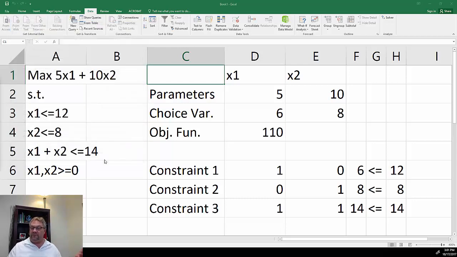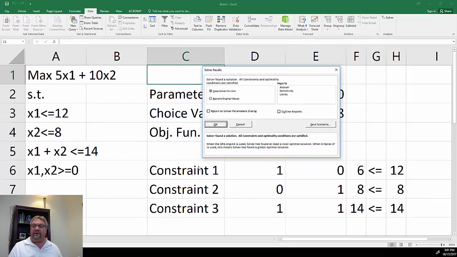Now this is what we were doing last week. And here, this tells me to produce 6 units of x1 and 8 units of x2. And I'm going to get $110 in profit. Okay, great. Now, what Excel does when it solves for that, you get this little box. And last week we just hit OK. This week it's different. Now I want you to highlight